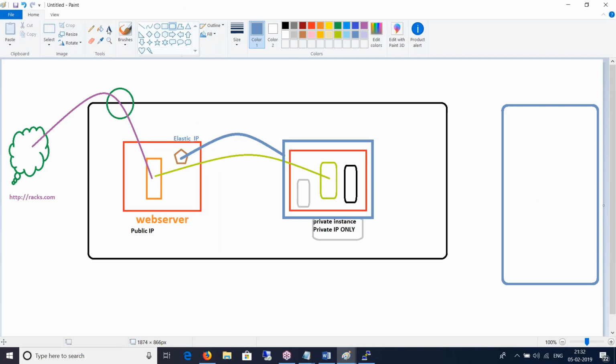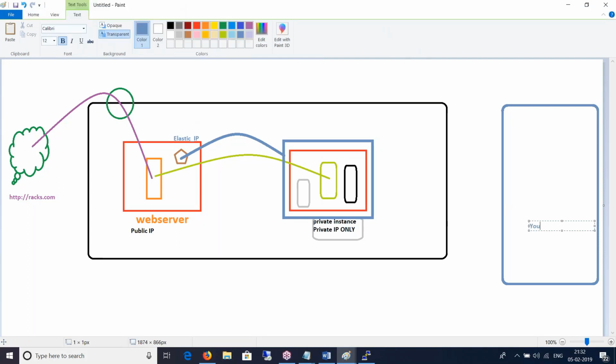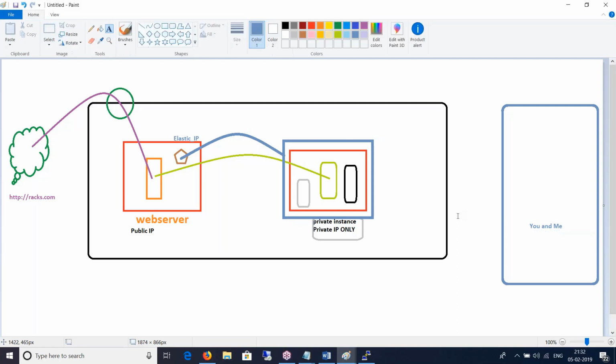That's you and me, both of us, and we, as administrators, need to patch and update these virtual machines. For different reasons, I need to RDP or SSH to it. How do I do that? This machine has a private IP.